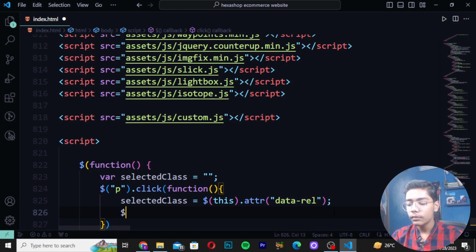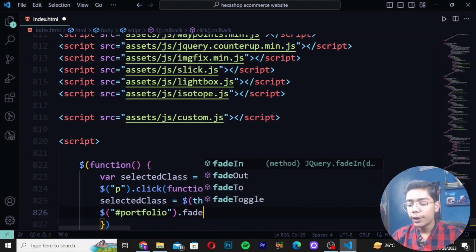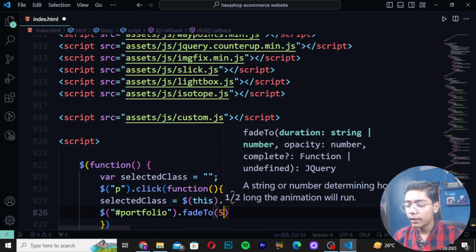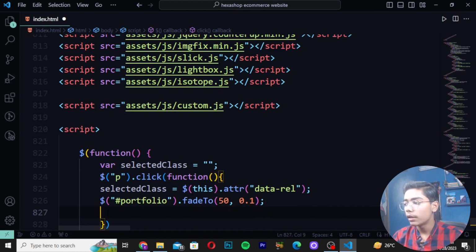this tag, and then here I will be doing one thing. This is the selected class which we have written, so press backspace here, right like that, and then here as well, then make this $ sign here. After doing that, simply write hashtag portfolio, then write fade to and make this tag, 50.1, close this, and then you have to just do one thing, you have to